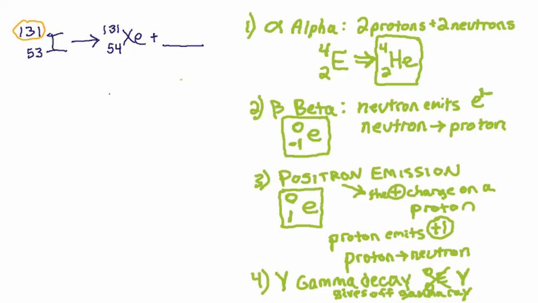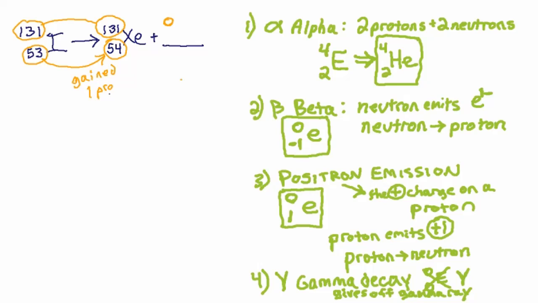Now 131 and 131 is the same. It did not change at all. It stayed the same weight. So we know we're not going to be getting rid of an entire proton or an entire neutron. We're probably going to be dealing with a charge. So since the weight stays the same, this is going to be 0 because there's no gain and no loss. Now down on the atomic numbers, 53, and it changed to 54. So we gained